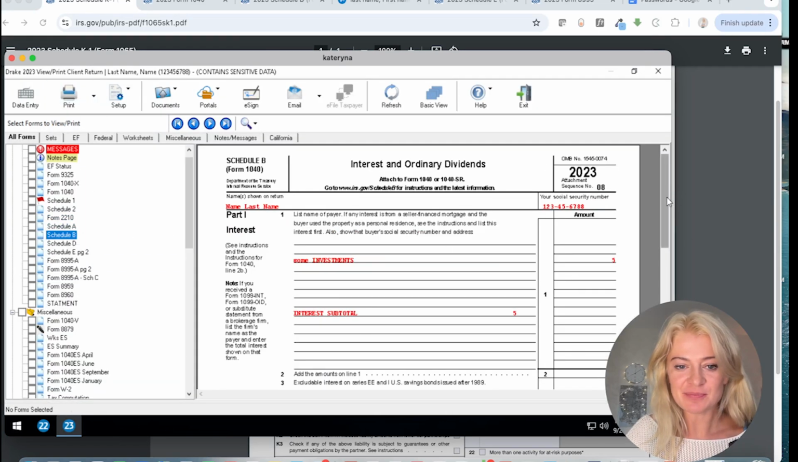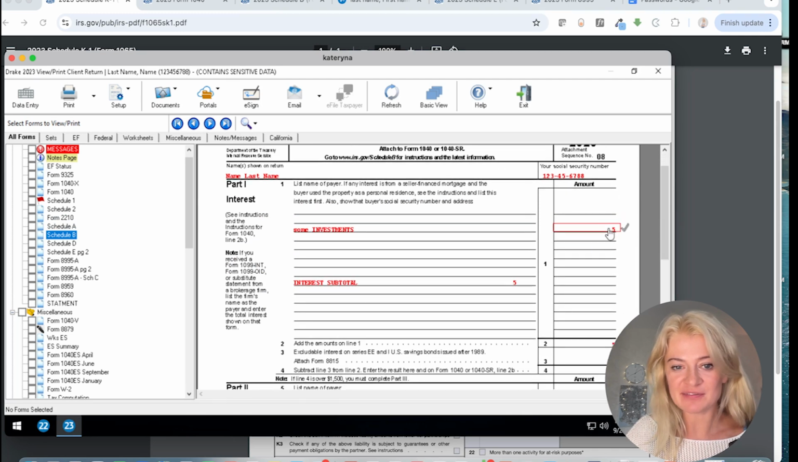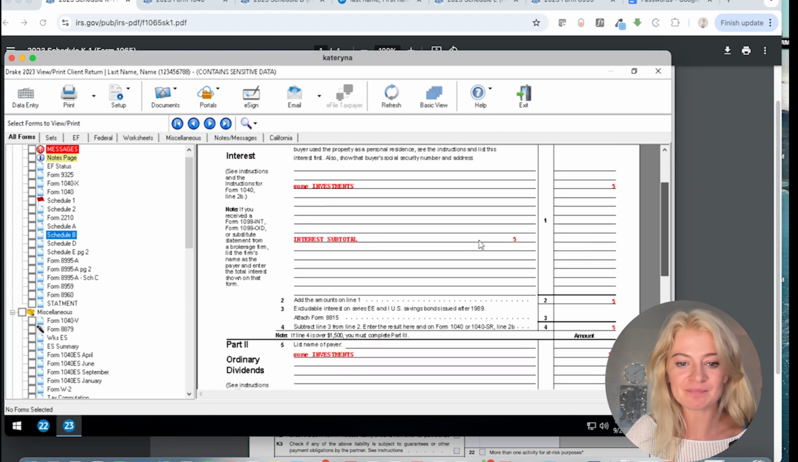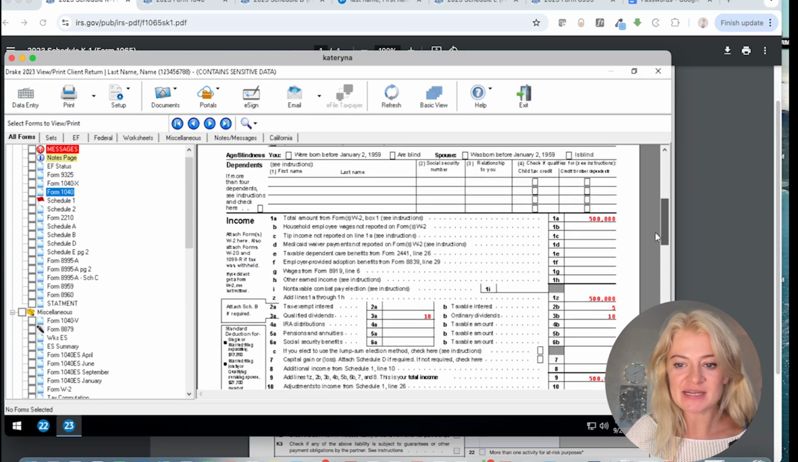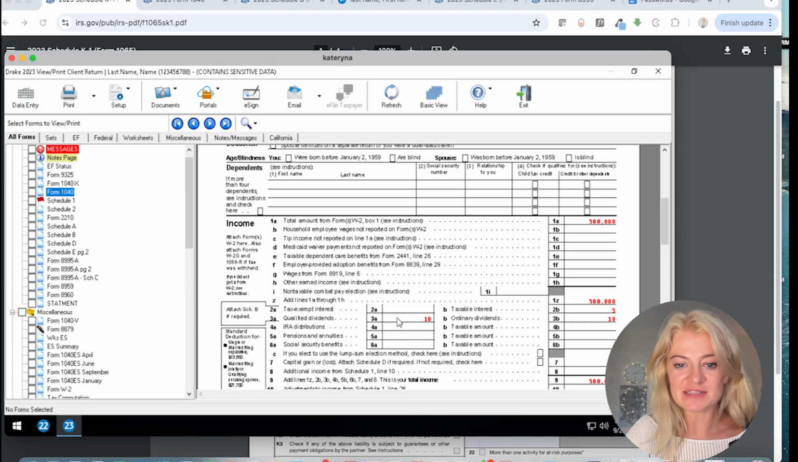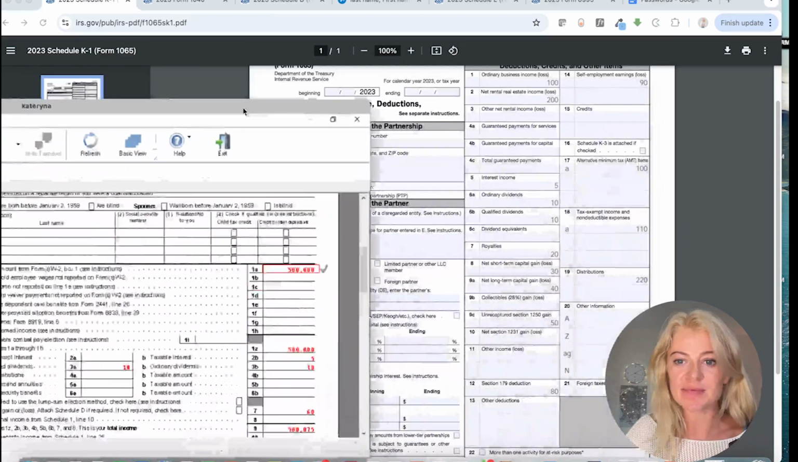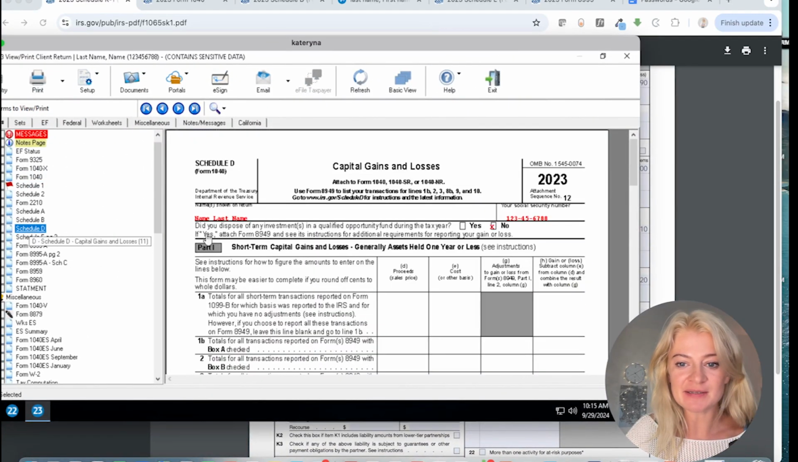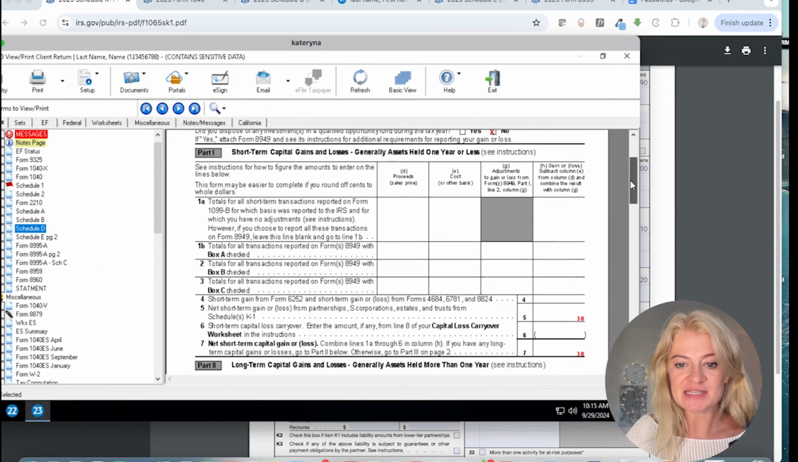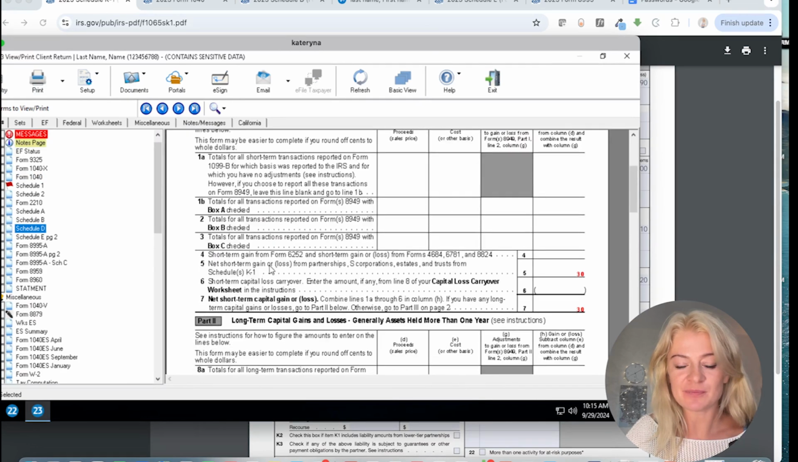So Schedule B will have interest of $5, and it tells me it came from this K1 some investments. Then on 1040, we'll see our qualified dividends of $10 and ordinary dividends of $10, right? Similar to where we have it. And then when we go to Schedule D, on this line, where it comes from K1, we'll see our short-term